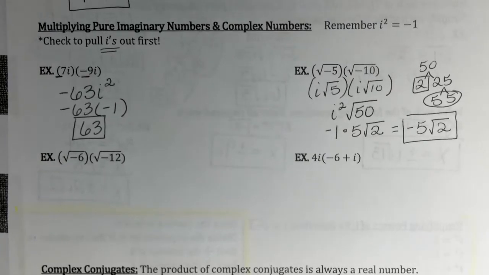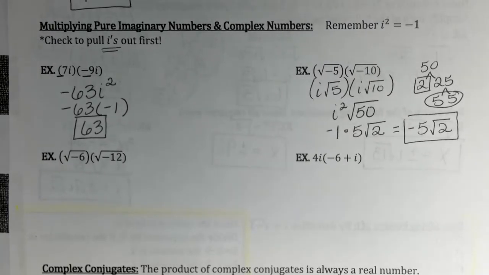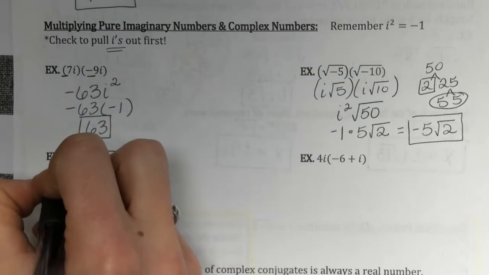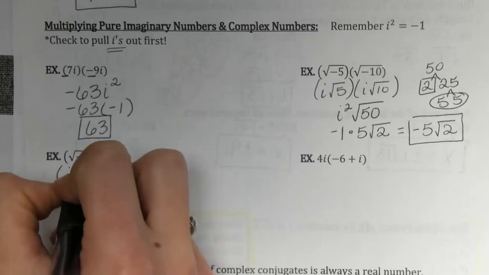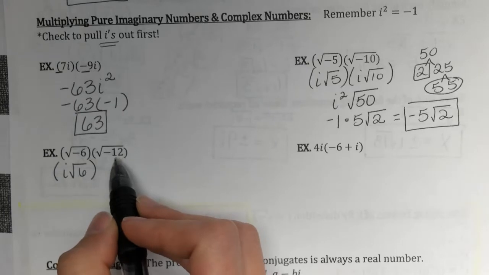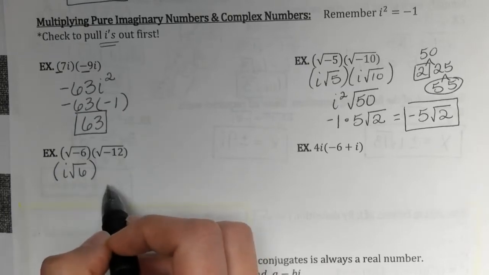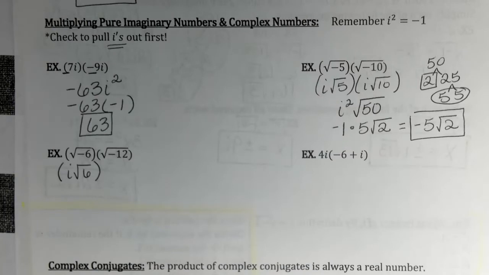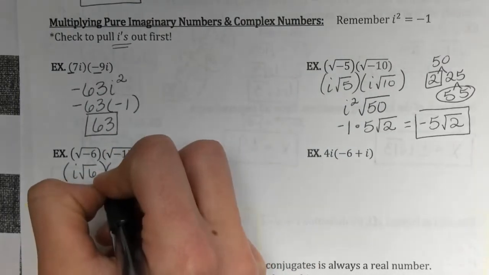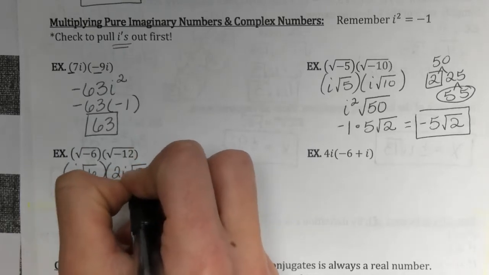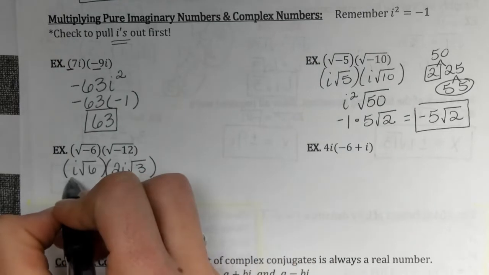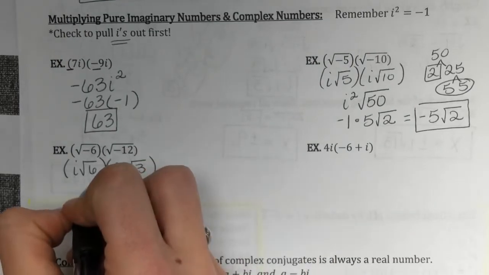You good with that? Alright, so the square root of negative 6 times the square root of negative 12. I'm going to take square root of negative 6, and that becomes i square root of 6. For your square root of negative 12, it's up to you if all you want to do is pull out an i and then multiply 6 and 12, or if you want to simplify first. I would simplify first. Okay, so the square root of negative 12 simplifies to what? 2i square root of 3. Bless you. So then when I multiply i times 2i, that's going to give me